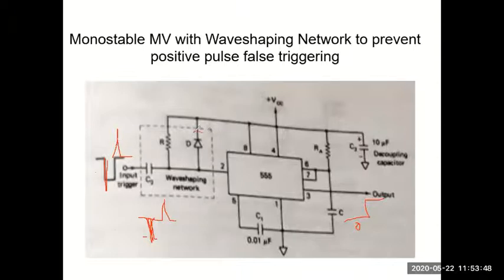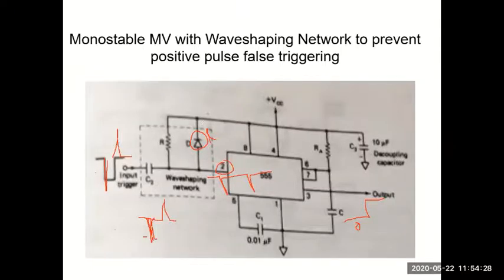So, what do I do? I will include a diode. You will just include a diode here, which will send all the positive pulses in this direction. It will act like a short circuit for positive pulses. All positive pulses will pass through this diode and only negative pulses will be available at the input pin 2 of this 555 timer IC. At the monostable input, only negative pulses will remain, which are what? The negative going edges of the trigger pulse. So only the negative going edges of the trigger pulse are taken.